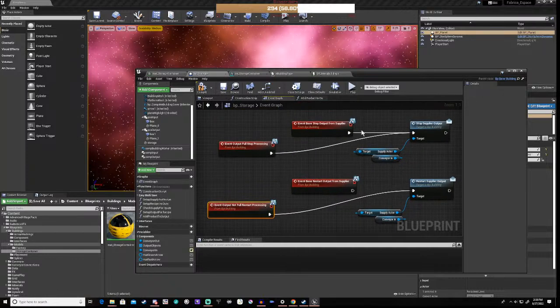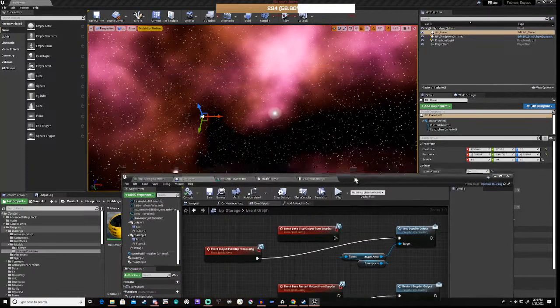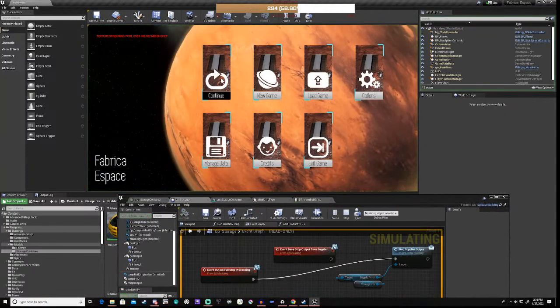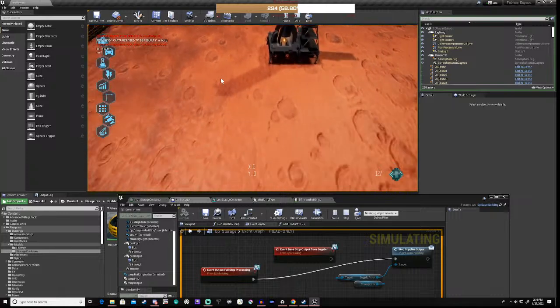Right, basically why I'm doing this the other way around is because for the other buildings it's when the input becomes full that we stop the supply, right? But in the storage containers, it's when the output becomes full, right? Because the input's never used, okay? So if I've stuck to the rules here, we should actually be able